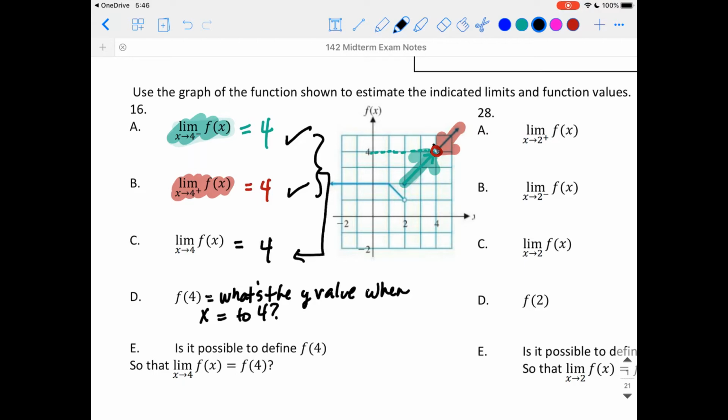Well, if you notice the graph, it's an open circle. It's not a closed circle. So since it's an open circle, the answer is it doesn't exist. So the answer is D and E, does not exist,